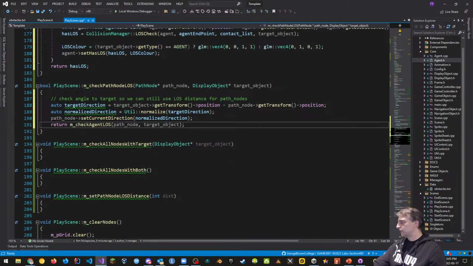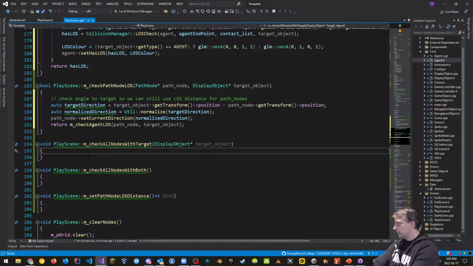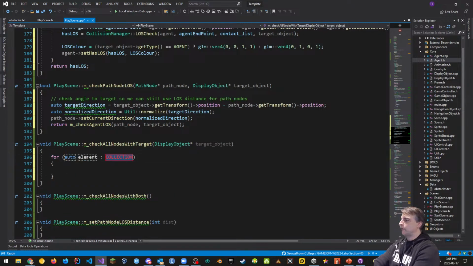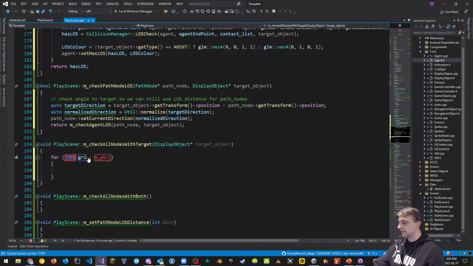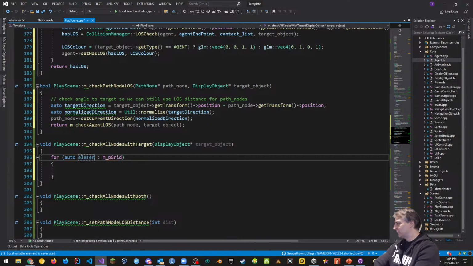And the next one is check all nodes with target. So again, we're going to run a for each loop where we're going to look at the grid of tiles. I love Visual Studio.